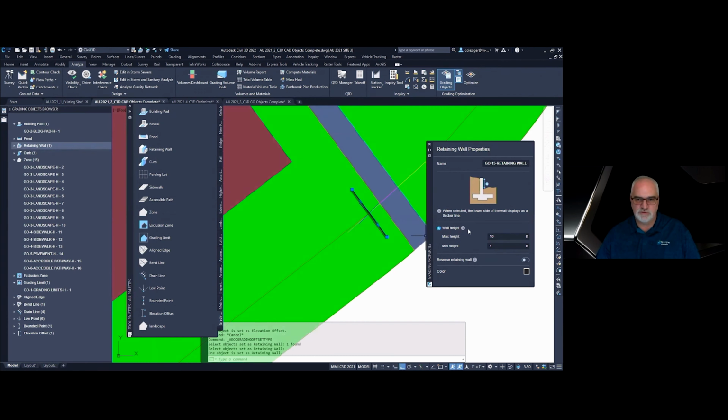It works similar to a curb where you have max, min height is all, and the thicker is the low end. And then you can reverse it. So the direction you draw it, I know this is in the right direction. I want it to be here. I'm putting this in as a retaining wall or a pipe head wall. And I want it to be between 3 and 2 feet high.